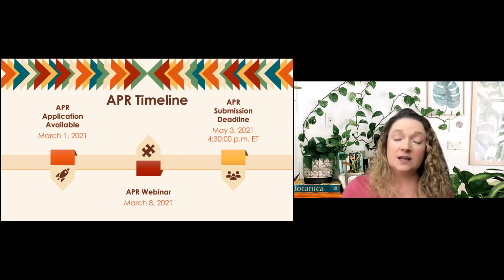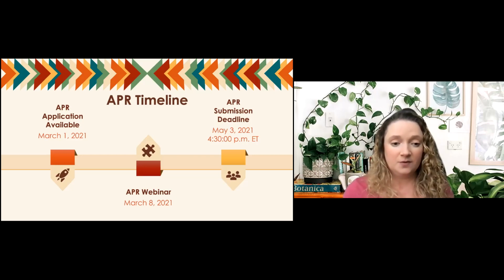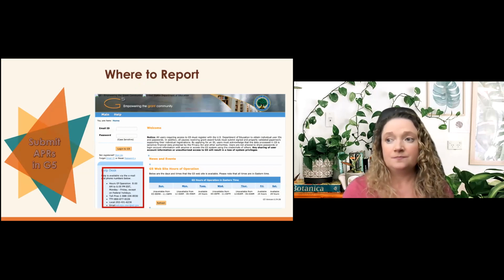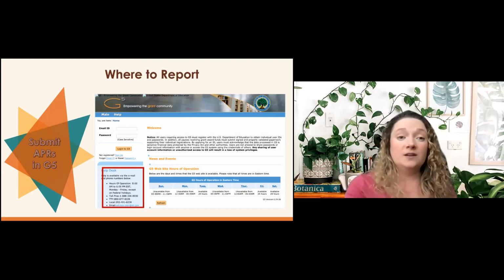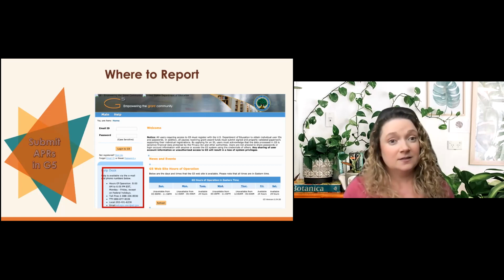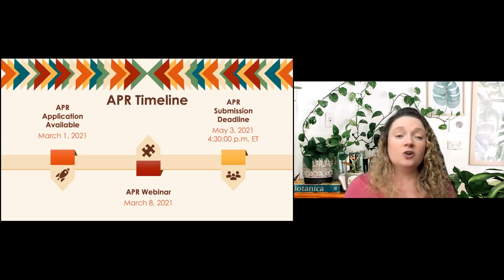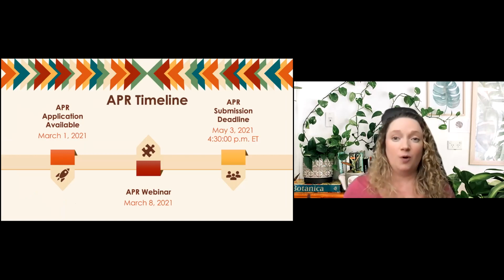Another thing to keep in mind is that G5 has certain times that it is down for maintenance. If you look back when you first go into G5 here, notice how it tells you on Sundays that it's unavailable from 3 p.m. to midnight. So if you thought Monday, May 3rd is your deadline, oh, I'll go in on Sunday and knock it out. Well, most of Sunday, it's down for maintenance. So keep in mind, anything like this will be updated on the G5 site as far as when they plan to do any maintenance and have the system down. So just a good thing to keep in mind so that you're not adding extra stress to yourself during reporting.